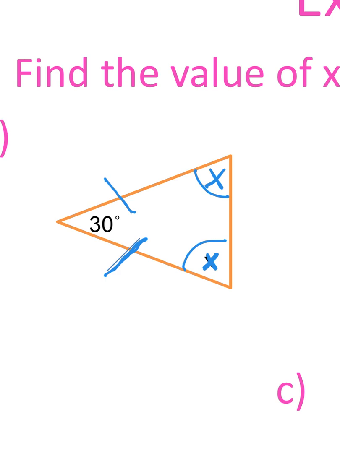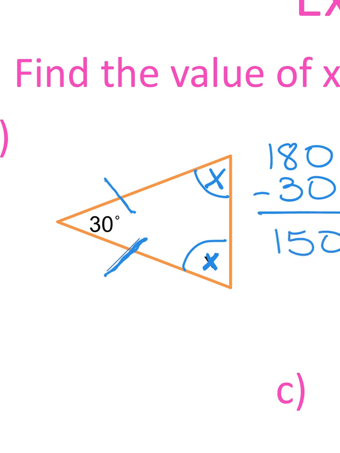So I'm going to use my triangle sum. I know that the three angles of the triangle add up to be 180. So I'm going to take 180 and subtract the 30. And this tells me that I have 150 degrees left over for those bottom two base angles. And I know they're both equal. So I'm just going to take that 150, divide it by 2, and each angle, or x, is equal to